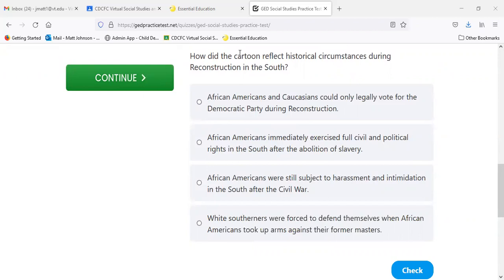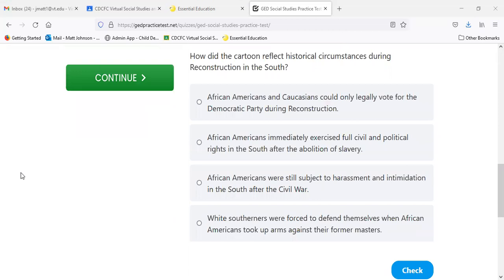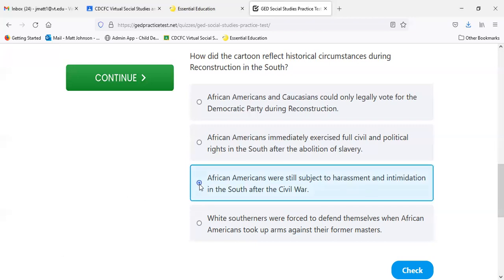So, can I see the picture again? The cartoon, yeah, there we go. Okay. Yeah, I think it's C. C, right? Yeah. So very early on, after the slave population was, first their status was changed from